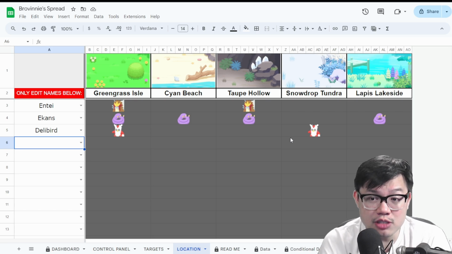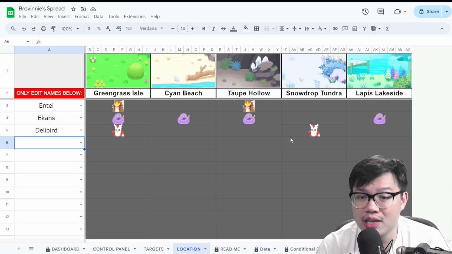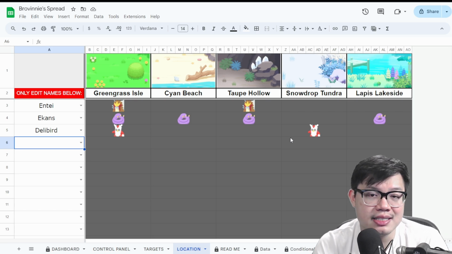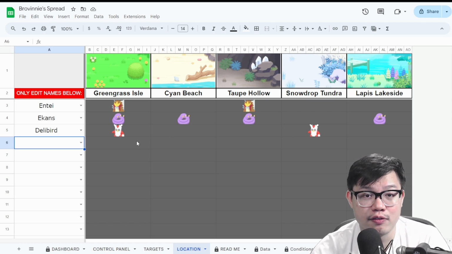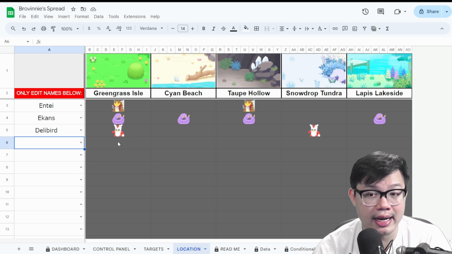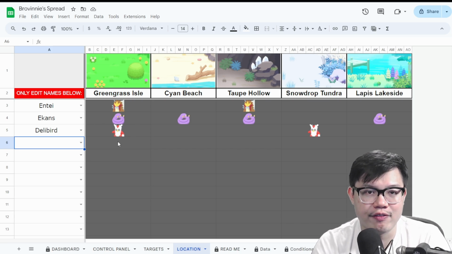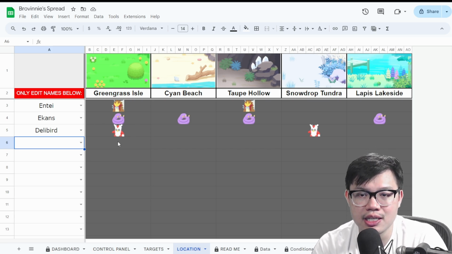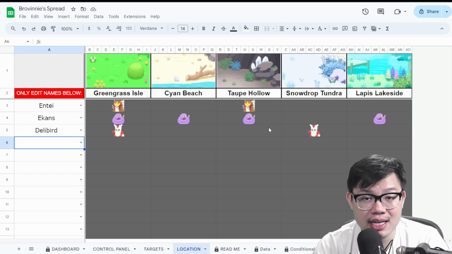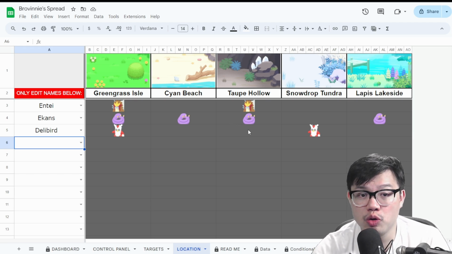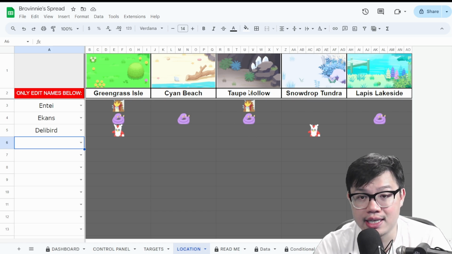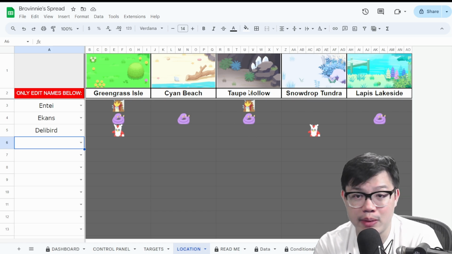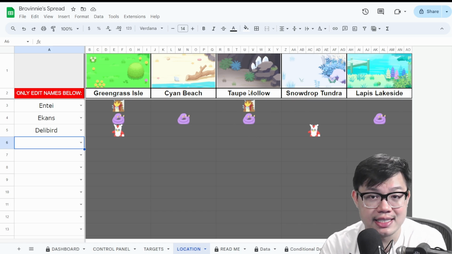Of course, you'll still need to meet the minimum requirements for Entei or Delibird to spawn, but at least it gives you an idea of which area you might want to go to next because, for example, at Greengrass, I can encounter all 3 of these Pokemon that I want. Of course, besides the fact that I don't want to go to Greengrass, because my area bonus there is maxed out, then the second best option would be to forgo Delibird and maybe hunt at Taupe Hollow for Entei and Ekans. Now this is just an example, I'm not saying I'm going to Taupe Hollow to hunt Entei and Ekans,